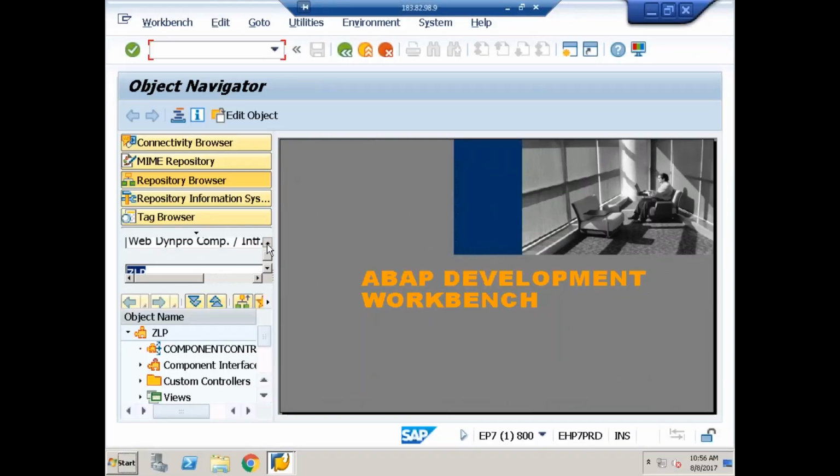Since it is my custom Webdynpro component, I have to start with Z or Y. So I'll say Z10AM_WD1. Any name I can give, I'll follow the sequence. I have to press enter. When I press enter here,